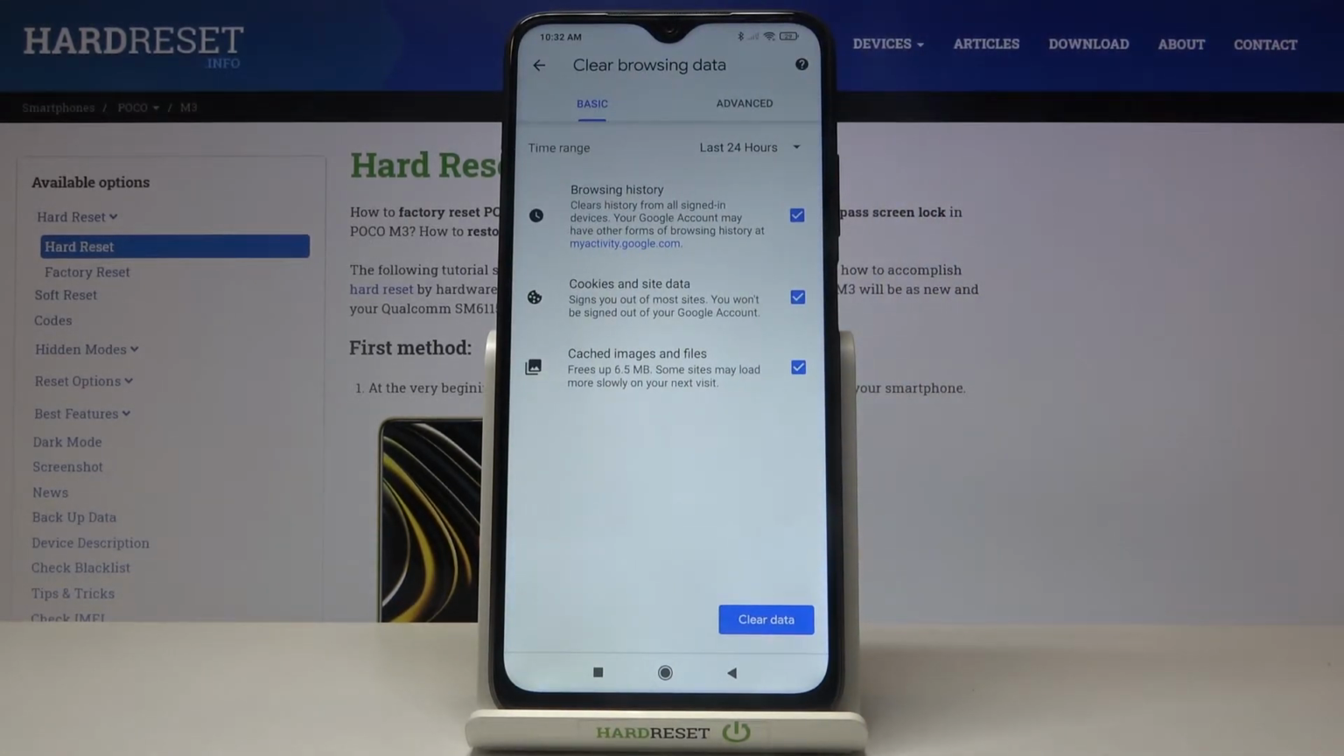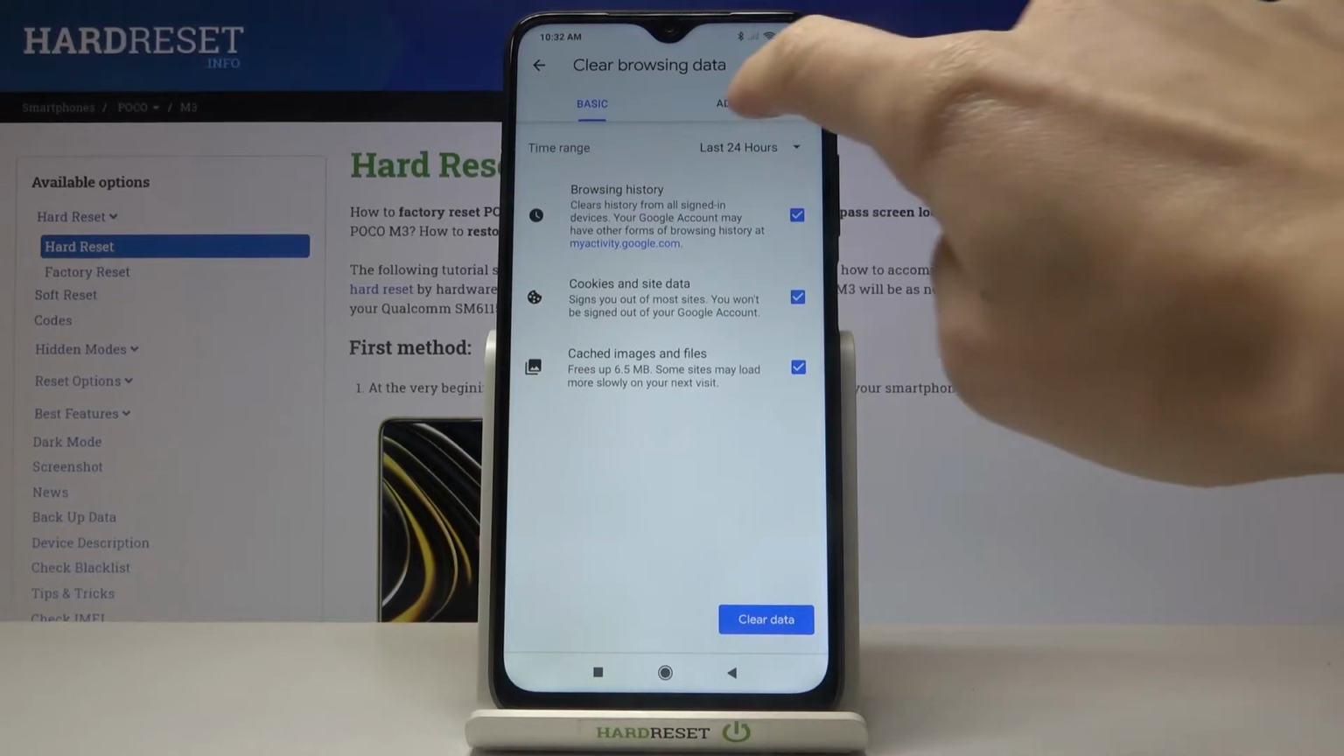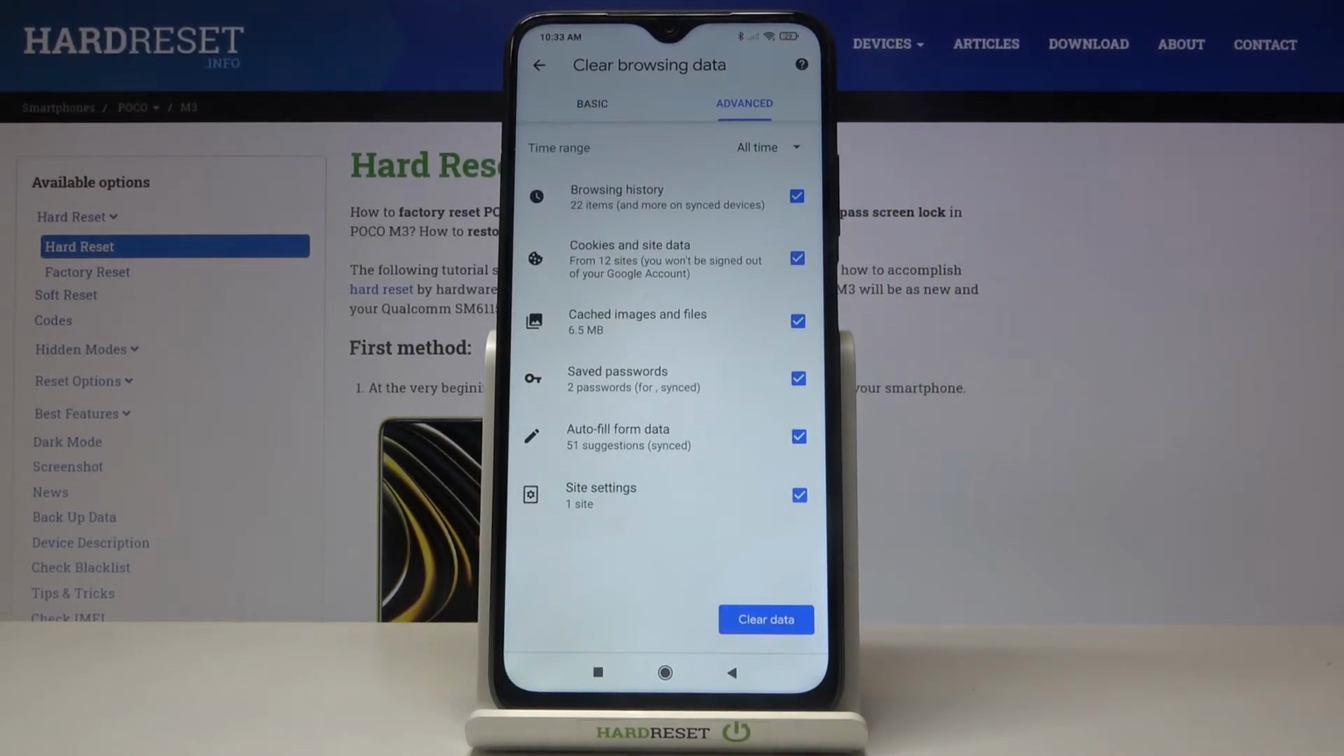And you will notice basic and advanced options. Under basic you've got browsing history, cookies and site data, and also cached images and files. Then under advanced you have a few more, which are saved passwords, auto-fill form data, and site settings. So just mark those that you would like to delete. As I would like to perform a full cleanup, I will leave them all marked, but obviously you can